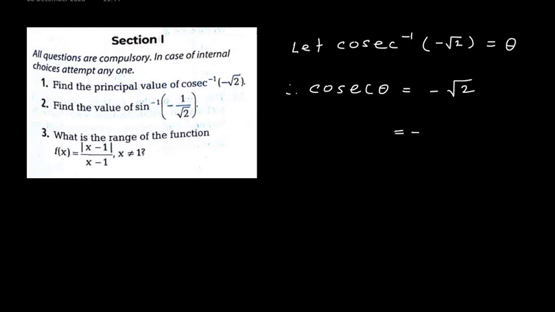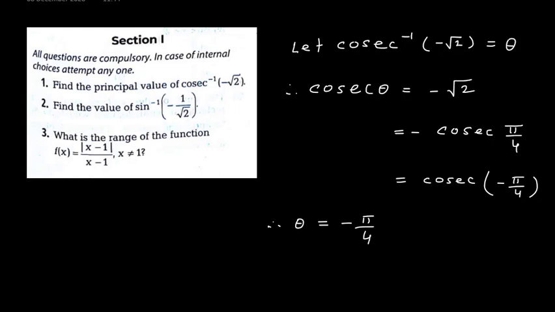This is equal to minus, now root 2 is cosec pi by 4. This minus cosec pi by 4 can be written as cosec of minus pi by 4. Now this minus pi by 4 is between minus pi by 2 to plus pi by 2. Therefore, this will be the required answer. So here I will say that therefore theta is equal to minus pi by 4. And here theta belongs to minus pi by 2 to pi by 2